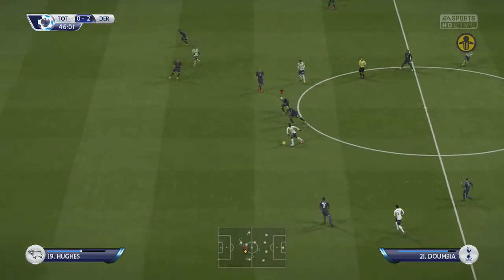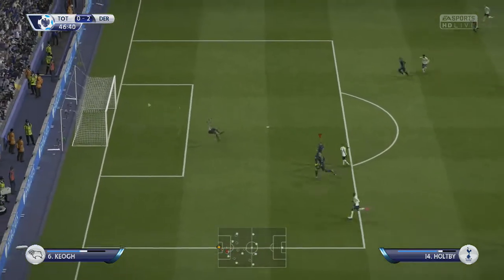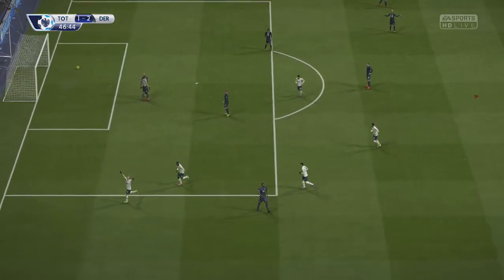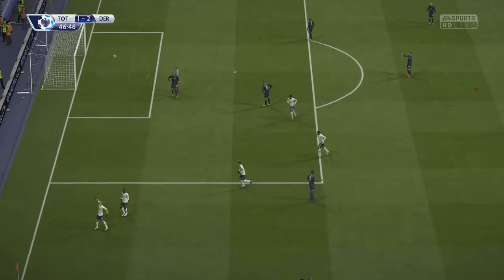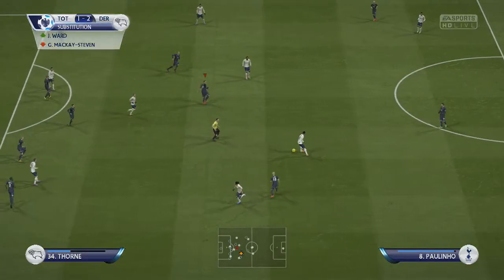So we head into the second half, and straight from kickoff, Dumbia, not too sure why I brought the keeper out, and Holtby there puts it into the top right hand corner to get him back into the game. And it is a little bit unfortunate as well, because we did so well in the first half to get a 2-goal lead, and then to throw it away is a little bit unfortunate,